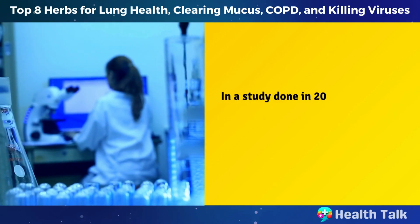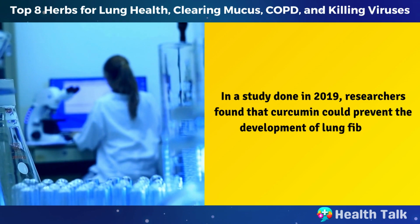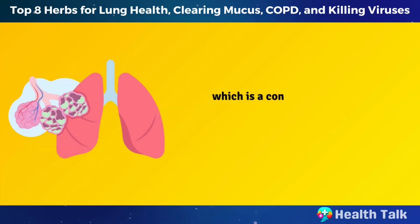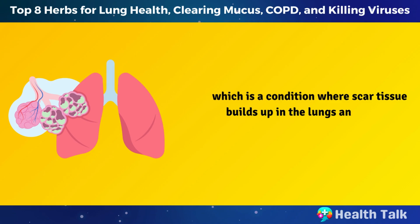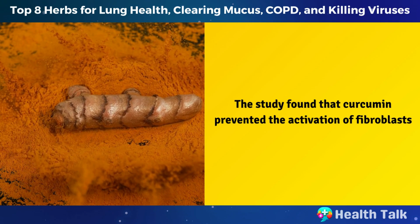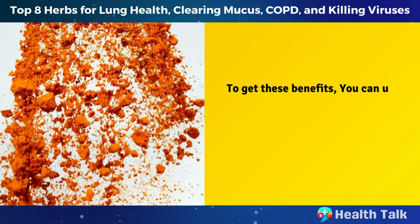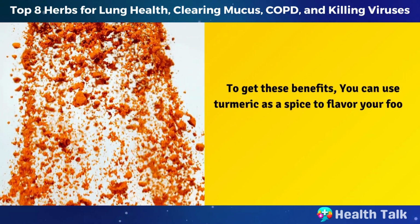In a study done in 2019, researchers found that curcumin could prevent the development of lung fibrosis, which is a condition where scar tissue builds up in the lungs and makes breathing difficult. The study found that curcumin prevented the activation of fibroblasts, which are the cells that produce scar tissue in the lungs of mice. To get these benefits, you can use turmeric as a spice to flavor your food, such as